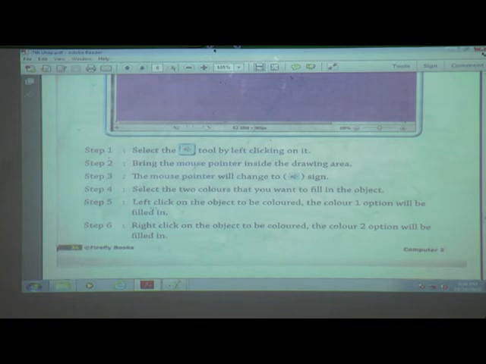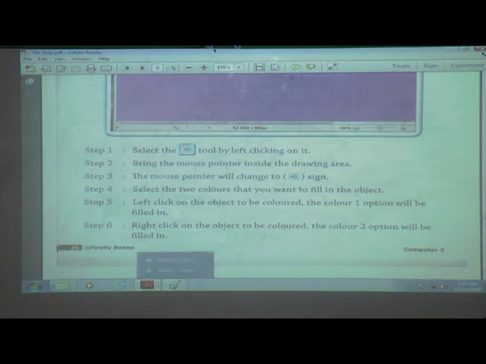When we press the left button, the object becomes the first color, and when we press the right button, the object takes the second color.